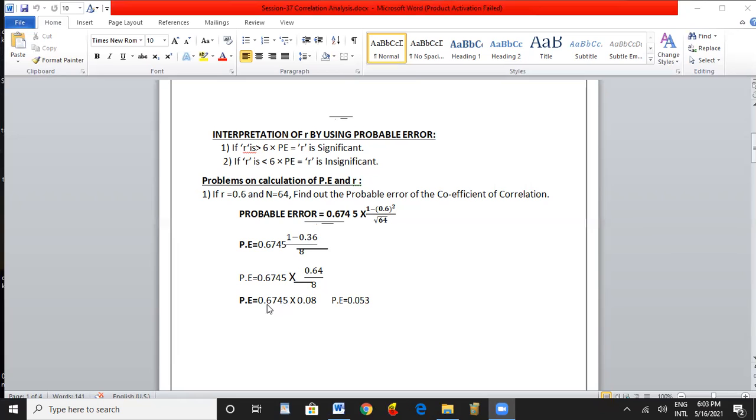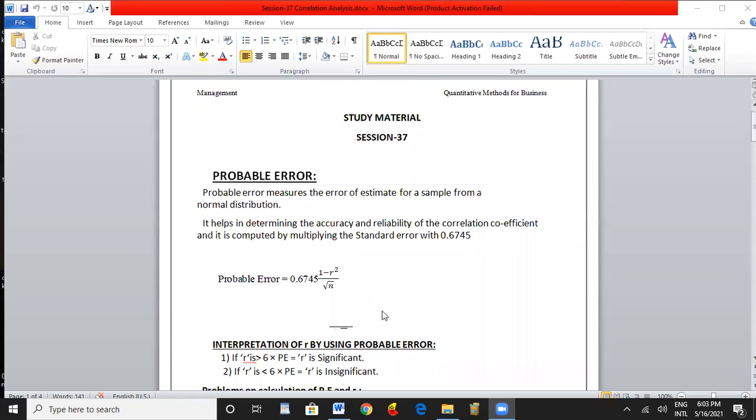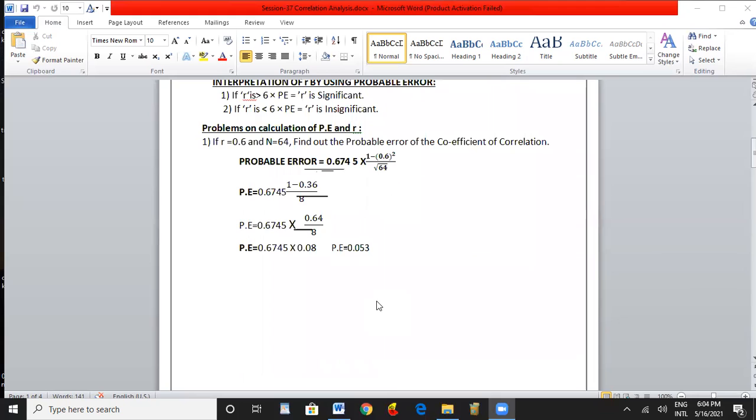Now 0.6745 into 0.08, if you multiply, the probable error is equal to 0.053. So this is the probable error. Here in the problem, you have to determine the probable error. What do you mean by probable error? It estimates the error for a sample from a normal distribution. Here the error arrived is